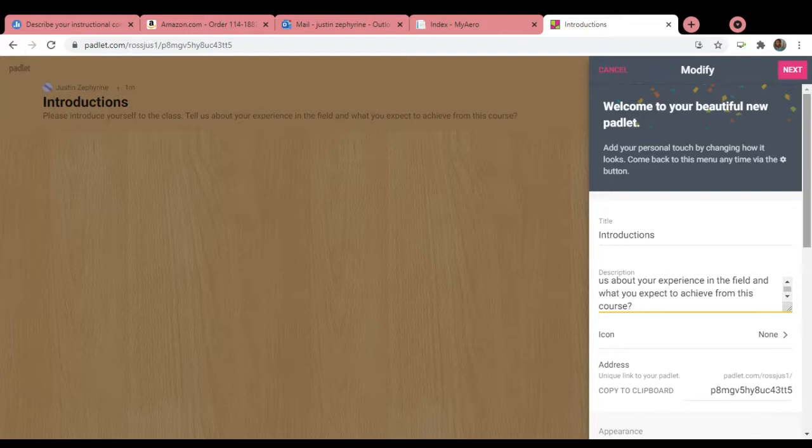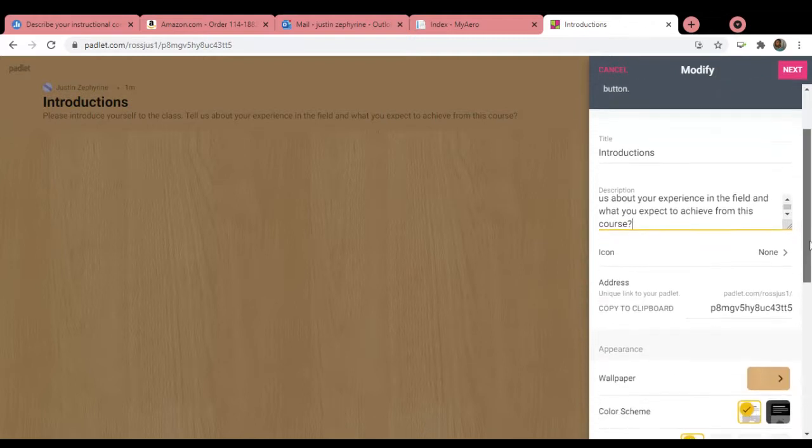So I got a bright pink flower behind mine. I can change that. Yes, you could change that. Don't worry. You'll get to the look and feel of it in just a bit. Okay, cool. All right, great.